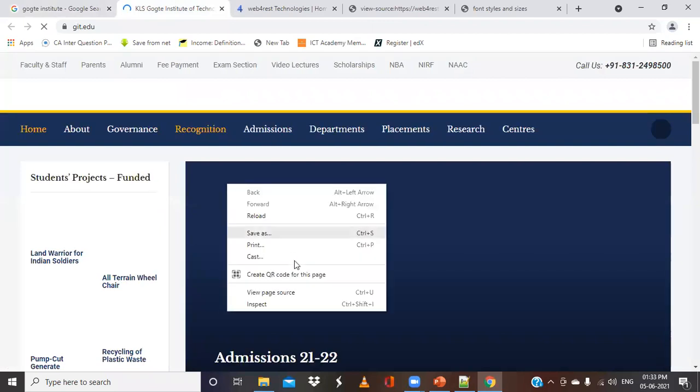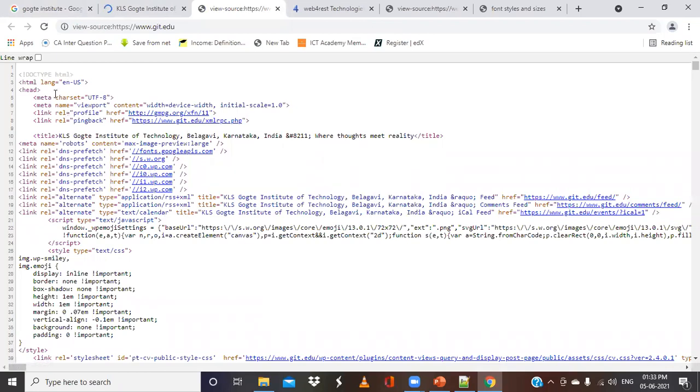So now if I open this and say view page source, we can see that there are different meta characteristics, and we can have meta viewport, profile and other things appearing. Okay, so this is what we call the meta tag. Are we clear with this meta tag concept?